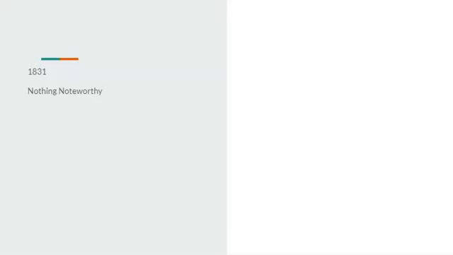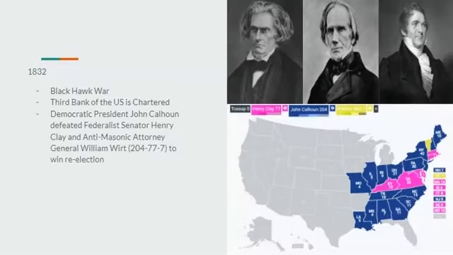1831, there's nothing noteworthy. As we go into 1832, the Black Hawk War would occur. We would end in an American victory before the election. And the third bank of the United States is